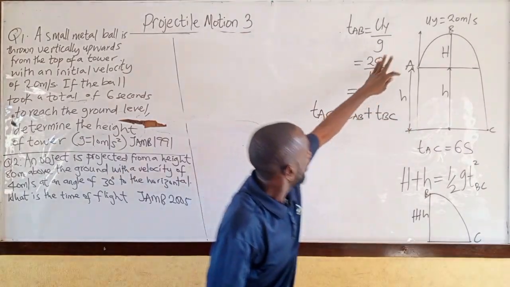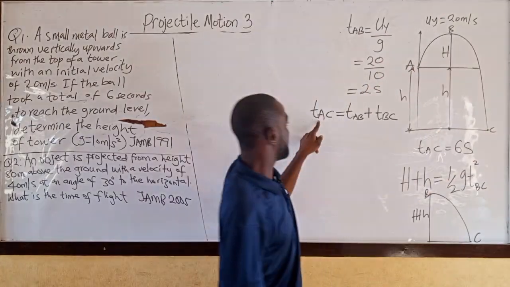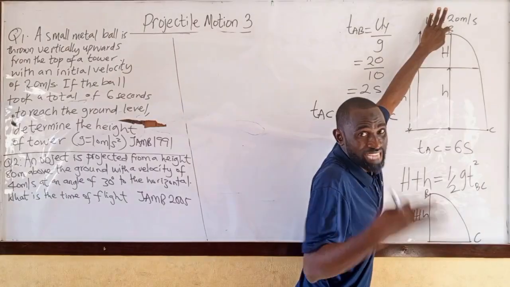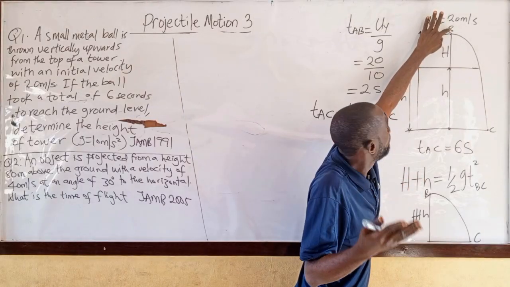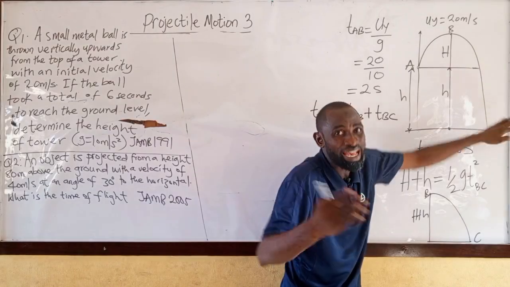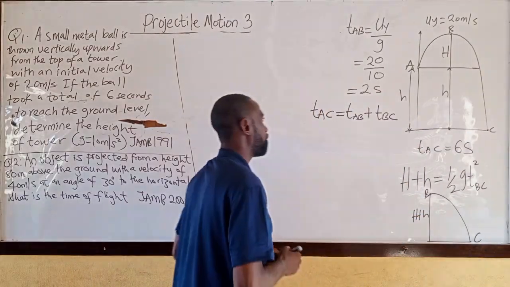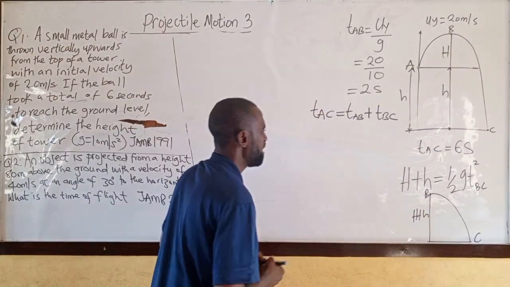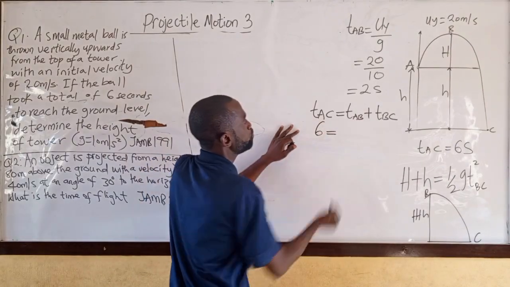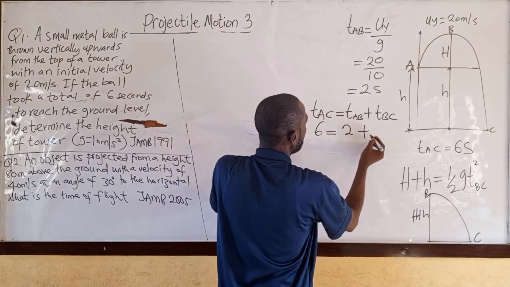Time A to C equals time A to B, the vertical plane, plus B to C, the horizontal plane, as discussed in the earlier explanation. So what do we have here? Our 6 seconds equals 2 seconds plus